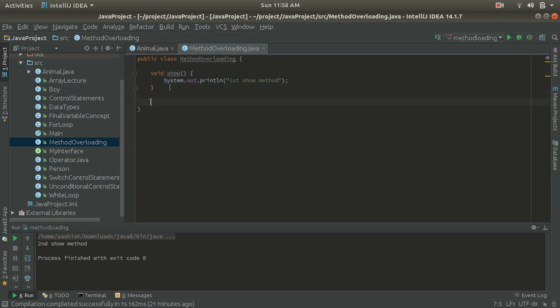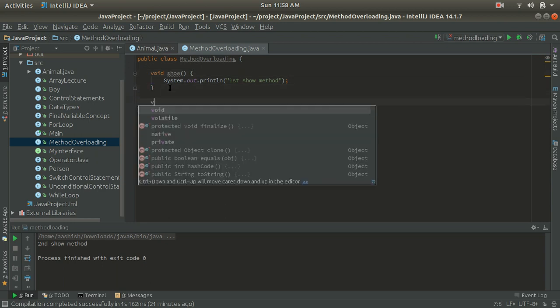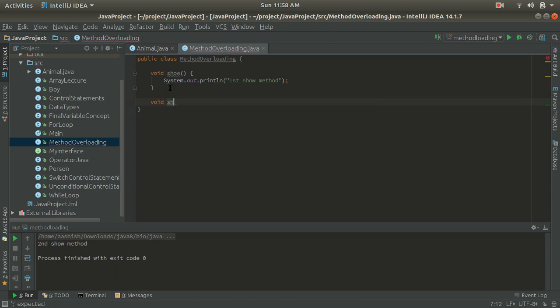And now I am going to create one more method with the same name. So I have created a show method with the same name, and inside this method I am displaying the second show method.